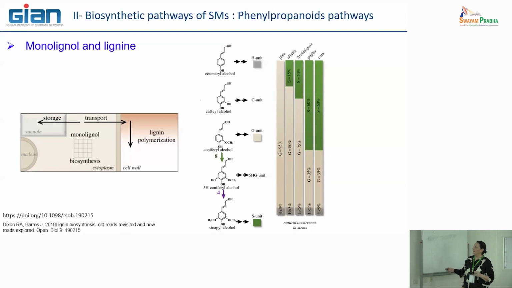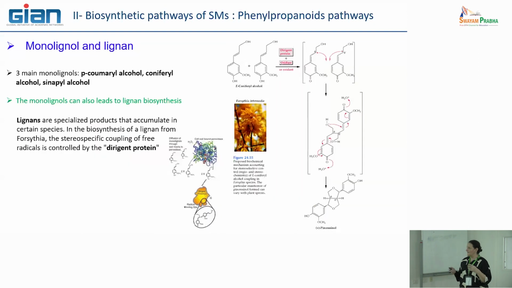They have a big portion of S unit instead of G unit, while some other plants, more herbs, such as Arabidopsis, have more of this unit than S unit. So this shows that lignin is quite different from one plant to another, and this was taken as an advantage to identify new genes or new enzymes that are involved in this type of complex metabolic pathway. And several years ago now, it has also been shown that sometimes monolignols are polymerized